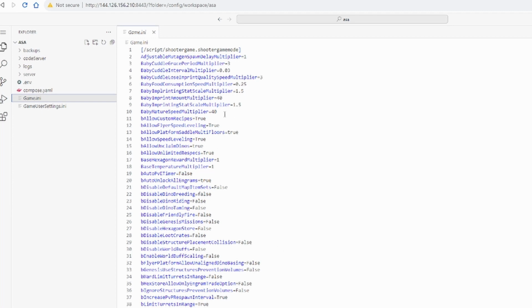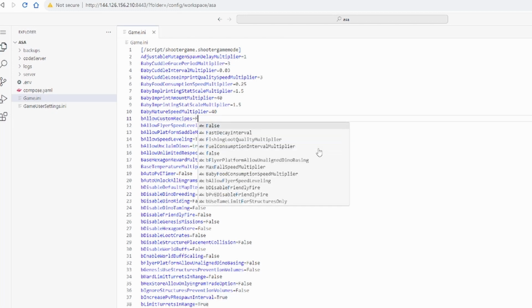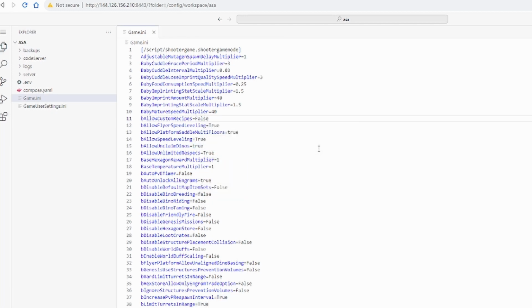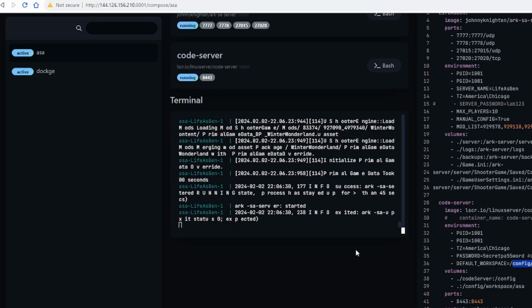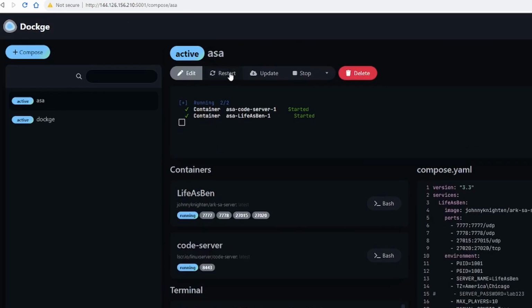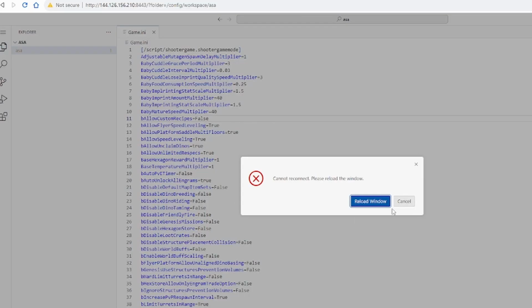Now, if we do make a change in here, so say we change allow custom recipes to false, we can hit Control S to save, and then back here we'll need to then restart the container so that our Ark server can pick it up. So we'll go ahead and restart that real quick. Give it a few minutes. All right, now it's starting up. Now the other issue is that it then restarts our CodeServer also, which is fine. It'll reload